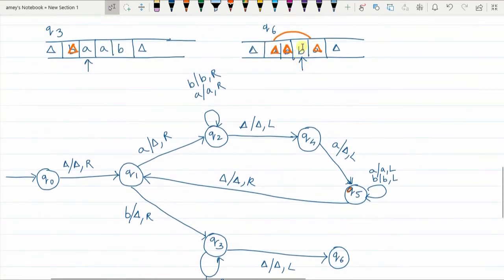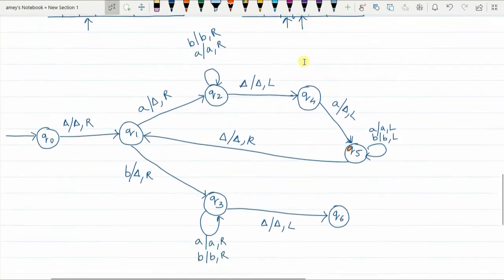So in Q6 state, when B is encountered, what are you going to do? You are going to replace B with delta, and the pointer is going to move one place to the left. And you will go to Q5 state.